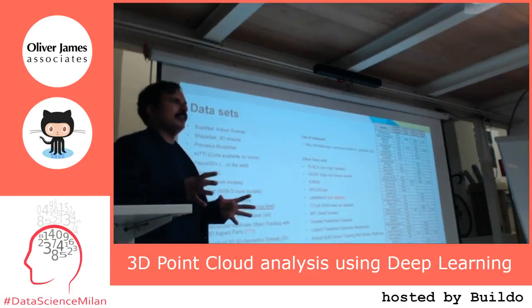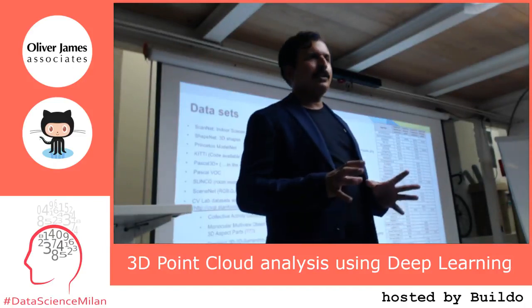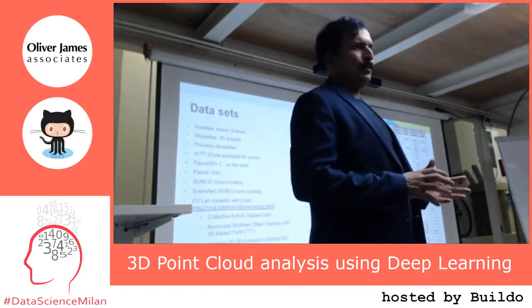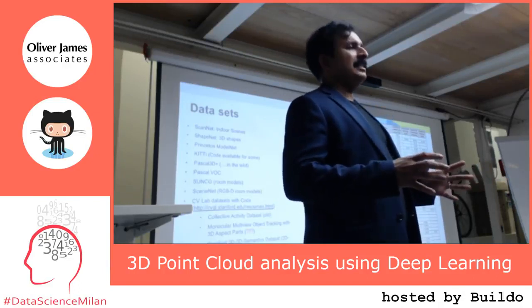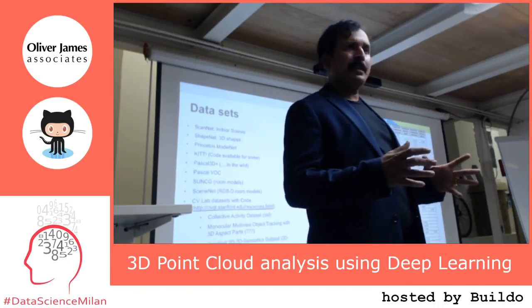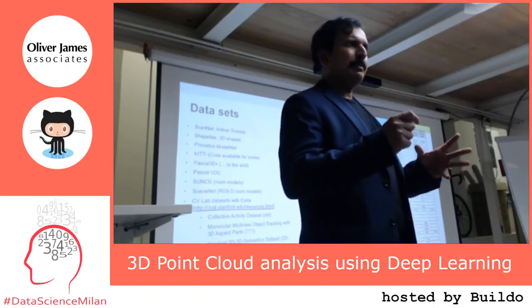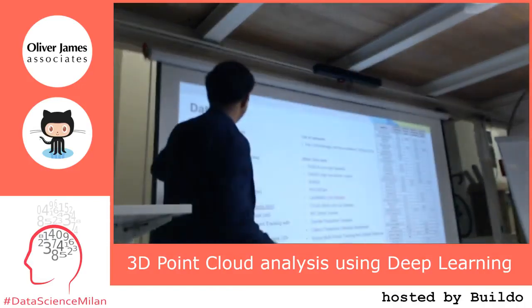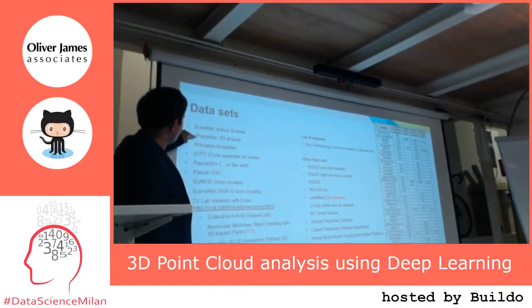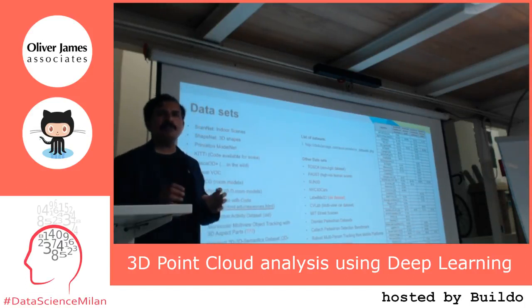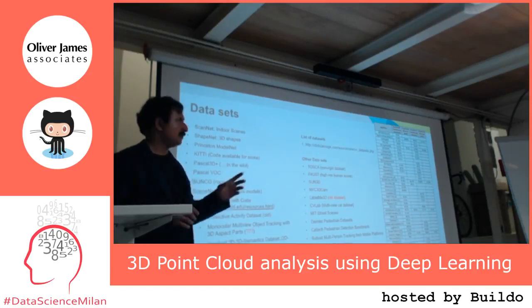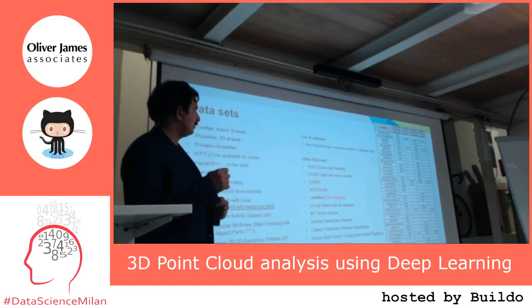If you are working on point clouds, there are lots and lots of data sets available. In 2012, when some of the companies started using 2D image processing, there were not too many data sets, CIFAR and ImageNet, and some of the very primary data sets available, but now there are a bunch of data sets available. ShapeNet and ModelNet are the two predominantly used. ModelNet actually has a 40 class data structure. They also have a 10 class data set.